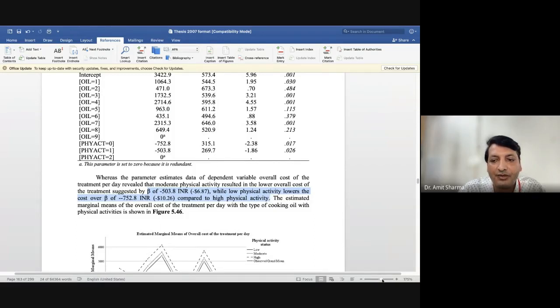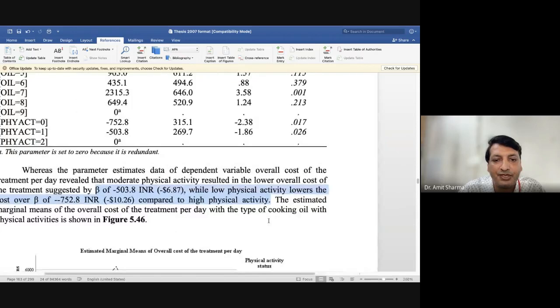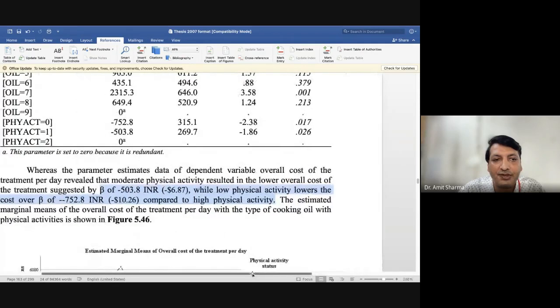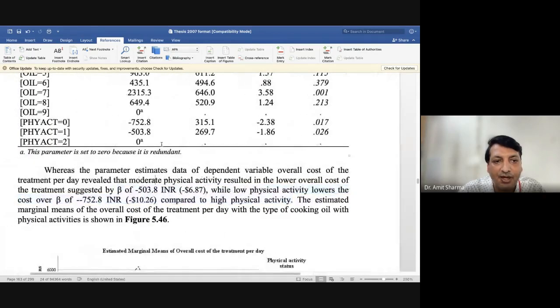I can read it out so that it will be easy for you to see what it means. You have to write in such a way: the parameter estimate of the dependent variable, overall cost of the treatment, revealed that moderate physical activity results in lower overall cost of the treatment, suggested by a beta of this much.